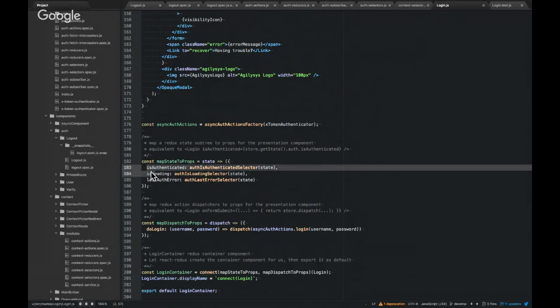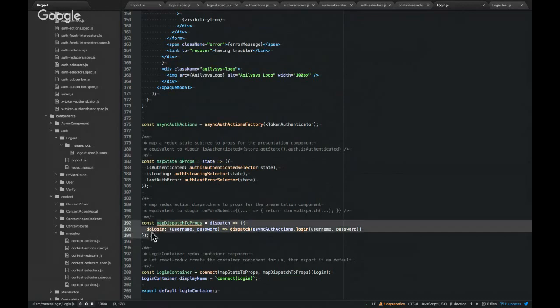In a nutshell, it's going to wrap your component and automatically pass it these three properties: isAuthenticated, isLoading, and lastAuthError. Those properties correspond to the properties in the state tree, such that whenever that state tree changes, this higher order component, this wrapper around your component, will automatically pass those properties to your component. And mapDispatchToProps is going to automatically pass your component a function called doLogin. That doLogin is going to, in turn, dispatch an action to the Redux store,